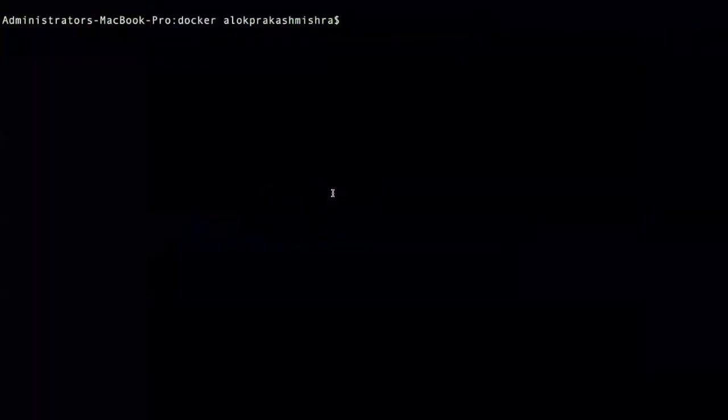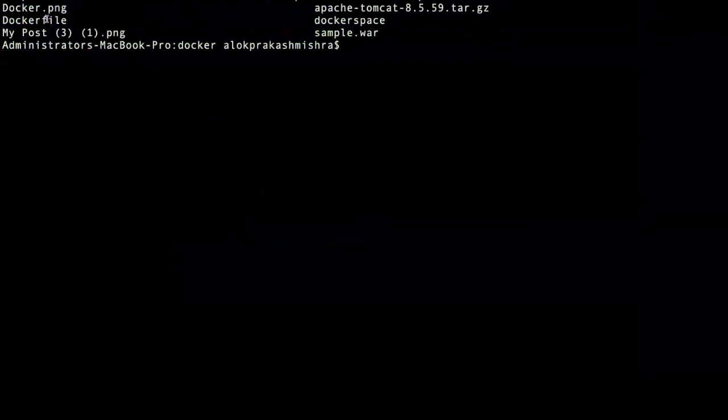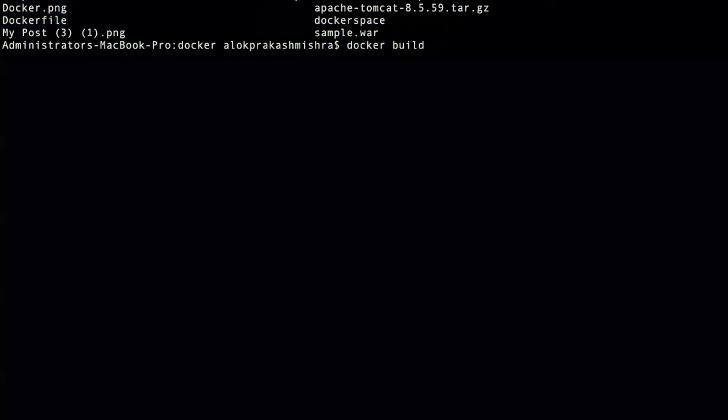So the Dockerfile you have to put in any directory. I have put my Dockerfile in my directory. Okay, and then you have to build this Dockerfile. So docker build -f with the file name, I am giving Dockerfile, and I am tagging it.